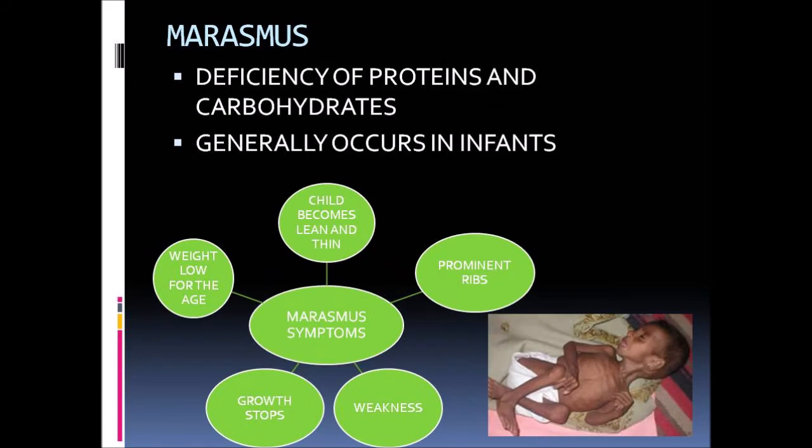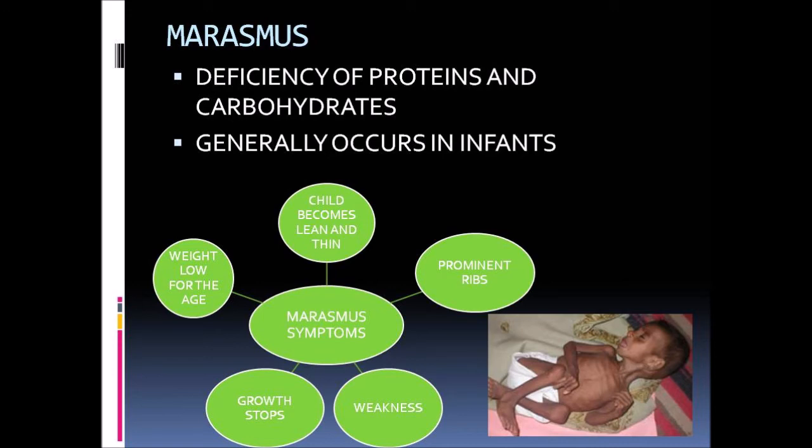The deficiency of both proteins and carbohydrates in the diet of small children results in marasmus. It generally occurs in children less than 1 year of age. The main symptoms are the child becomes lean and thin, the child is reduced to just bones and skin, making the ribs prominent like in the picture, weakness due to deficiency of carbohydrates, and slow growth and less weight due